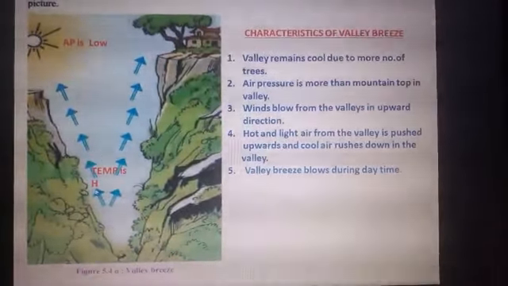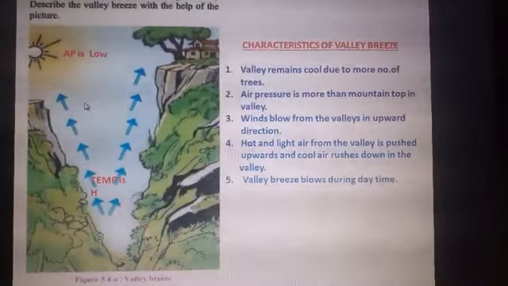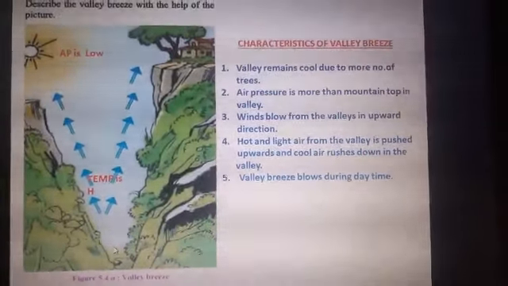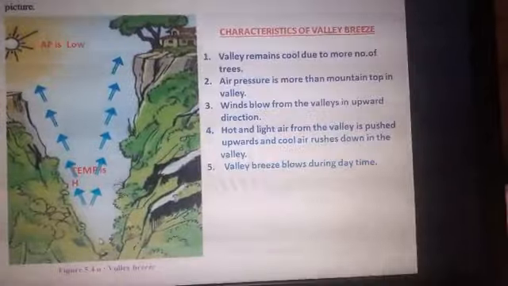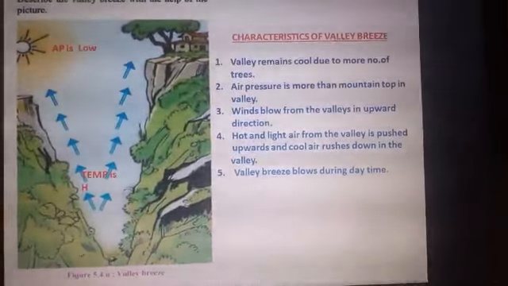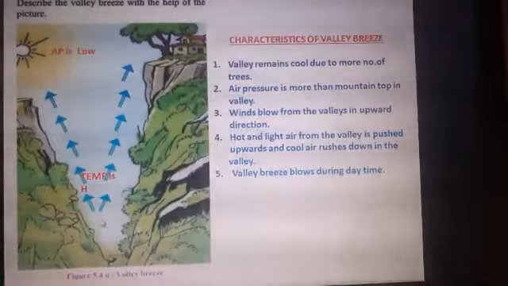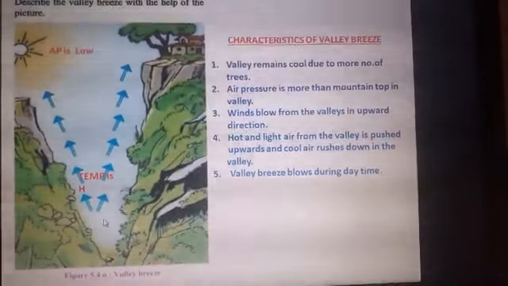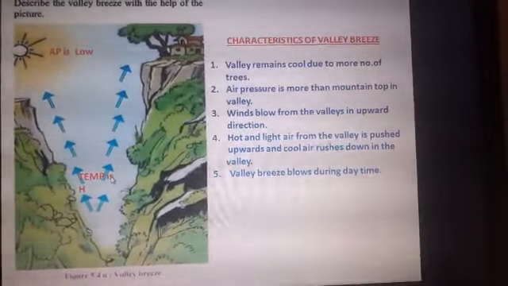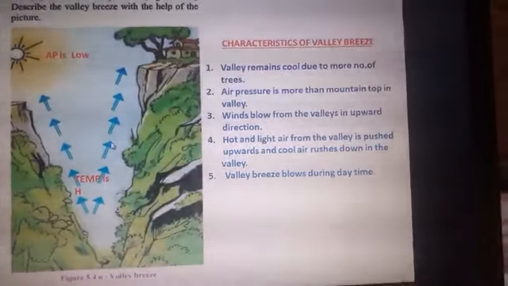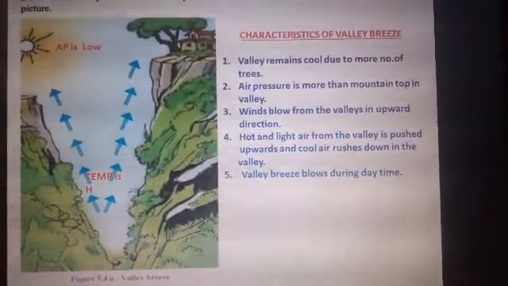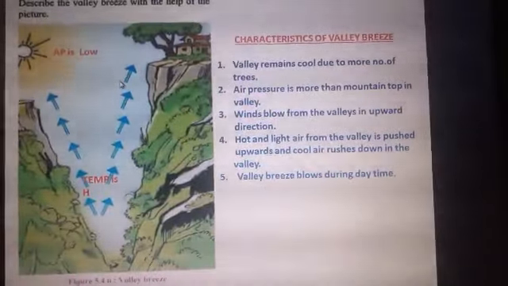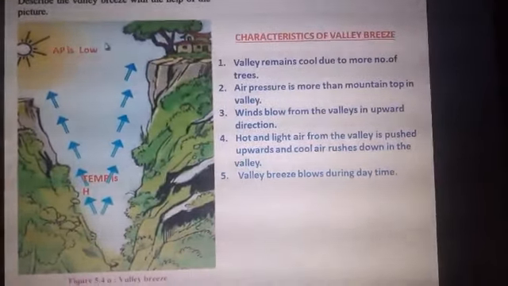So let us see. Now remember children, first thing, because of the heat of the sun, the land gets heated up quickly. अर्थ बहुत जल्दी गर्म होती है, किससे? हीट ऑफ द सन. Therefore, the temperature near the earth's surface is higher. And because of the heat of the sun, what happens? Air becomes lighter in weight and starts moving in the upward direction. So when it reaches a greater height, it becomes lighter in weight. So air pressure is low.